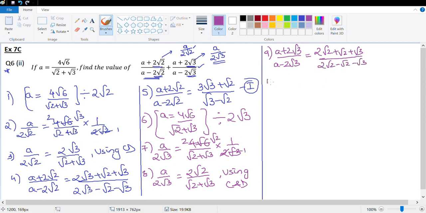Which means (a + 2√3)/(a − 2√3) will give us (3√2 + √3)/(2√2 − √2), that's √2 − √3. That's our second term. So let's add 1 and 2 because they want us to add. So 1 plus 2 will give us